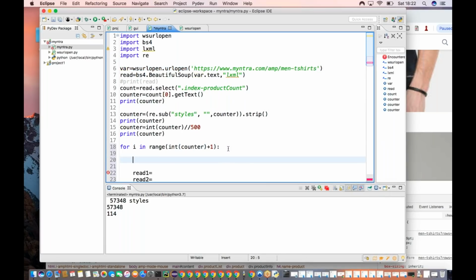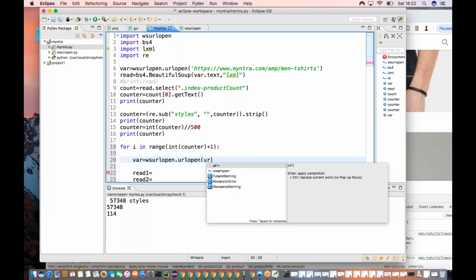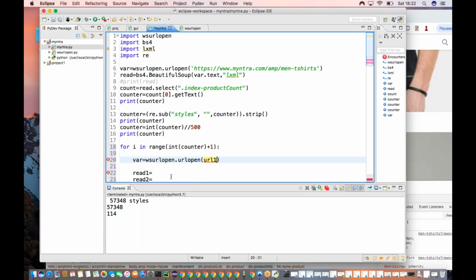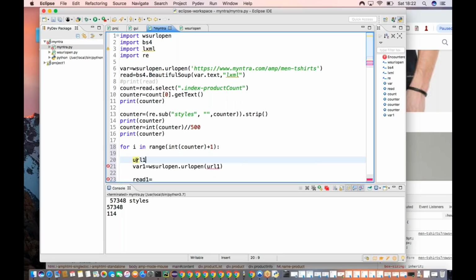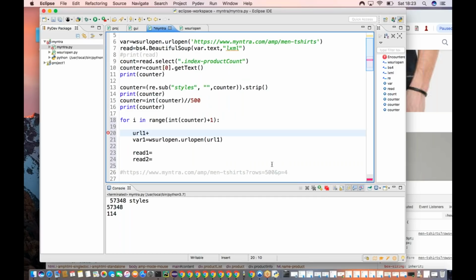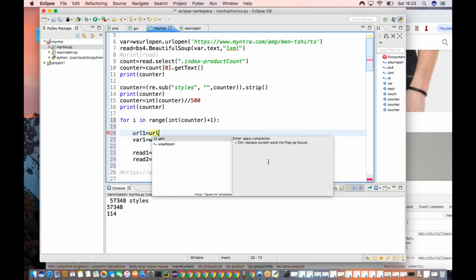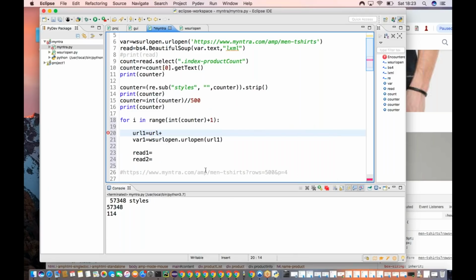So what will be our URL? Anyone knows? URL one. Let me, var one. Okay, I'm not sure what will be the URL. So URL one equals, I think I have made this somewhere, equals URL plus